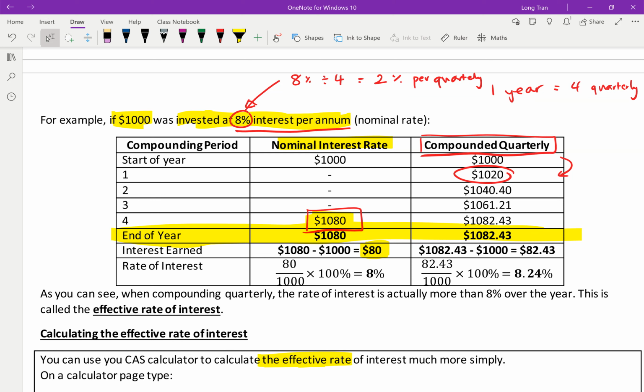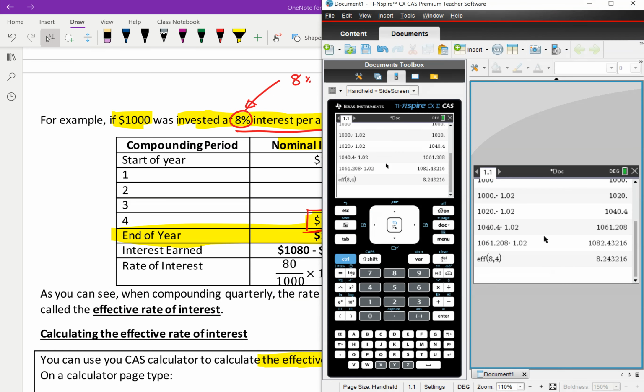So that formula is useful to use as part of your CAS. You can do EFF 8,4, and that allows you to find the effective rate if you know the nominal rate and you know how many times you compound in a year. Okay? And the reverse is also true. If you're given an effective rate and you want to know the nominal rate, you can do the same, where you do nom, and then you say the effective rate is 8.243216, and you know that you're compounding quarterly. That tells you your nominal rate is 8%. Okay, so you'll find that syntax on your CAS will be much